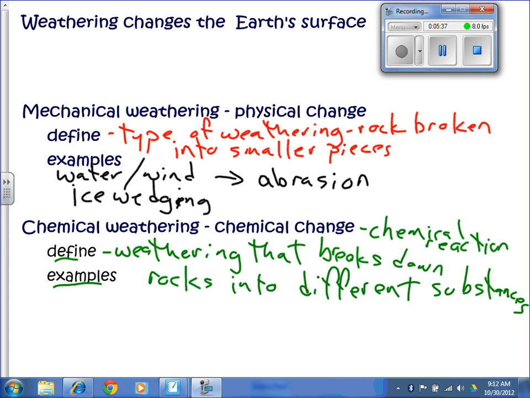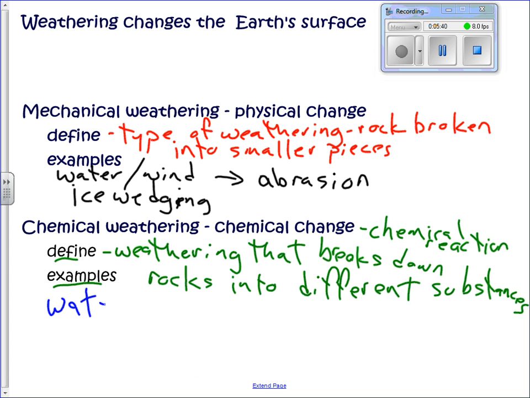Yeah, so the water itself or slightly acidic water can cause chemical changes. What happens if you leave your bicycle out in the weather? You don't ever put it in the garage. You leave it out there all winter. It gets wet, it gets dry, it gets wet, it gets dry. What happens to it? It rusts, right? So water can cause rust, and that actually is chemically changing the metal into other parts. It's changing the metal, it's oxidizing it, and that happens with a reaction between the water and the oxygen in